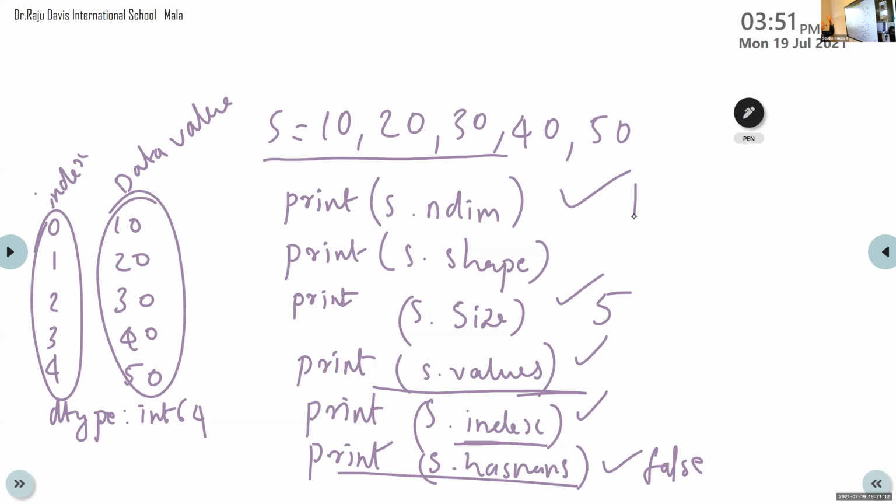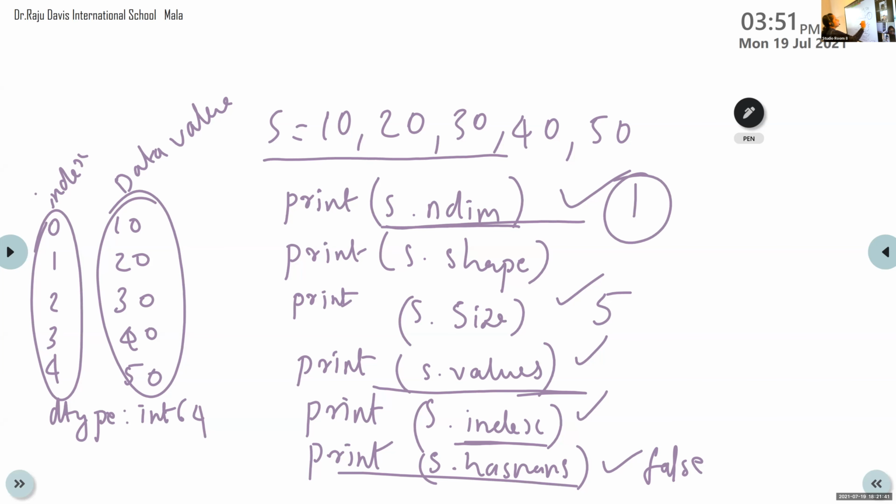So the result of s.ndim is always 1, whether the number of elements is 5 or 6, and whether the type is integer, float or character, because a series uses only a single dimensional array.